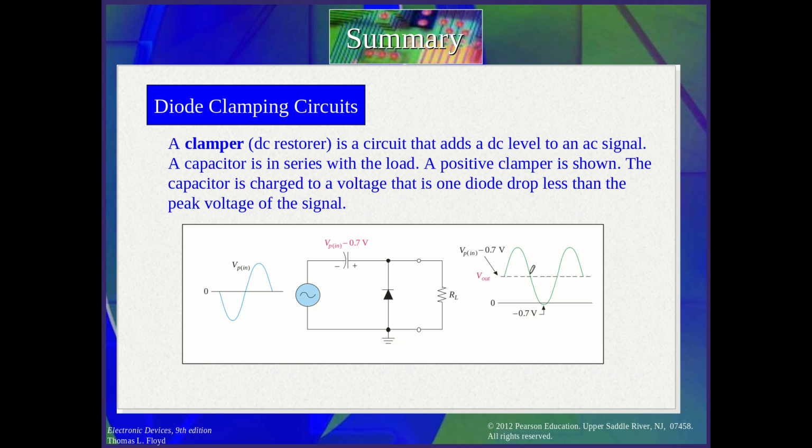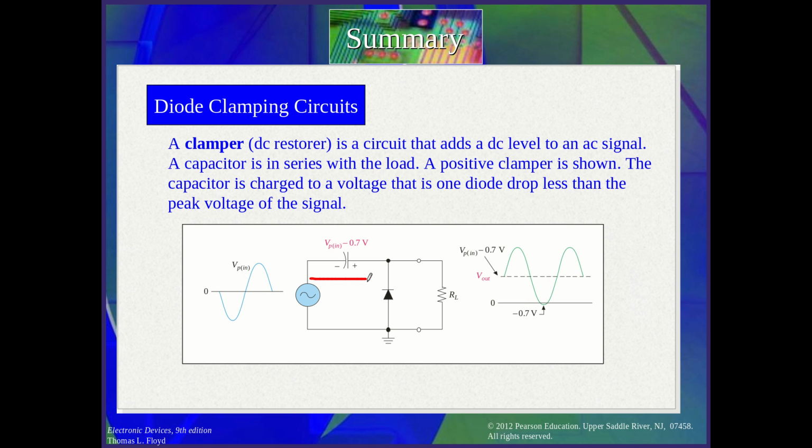Now a clamper or DC restorer is a circuit that adds a DC voltage. So if you see the devices in the lab, we can change the DC, we can add a DC to the AC. So instead of going up and down around the 0 voltage, it should be shifted up. How can we add this? We can add it using the clamper circuit. So in this circuit we just add here